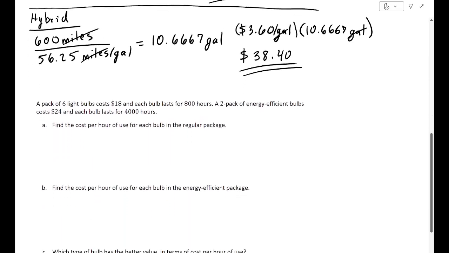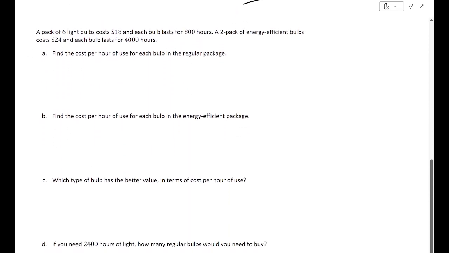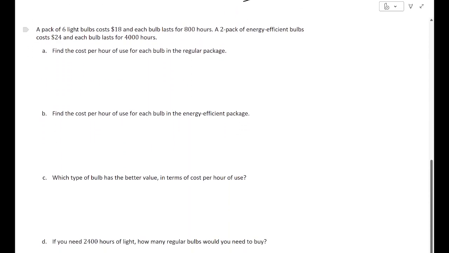Let's try a different example here. A pack of 6 light bulbs costs $18 and each bulb lasts for 800 hours. A 2-pack of energy efficient bulbs costs $24 and each bulb lasts for 4,000 hours. So find the cost per hour of use for each bulb in the regular pack, so the regular light bulbs. So I know that